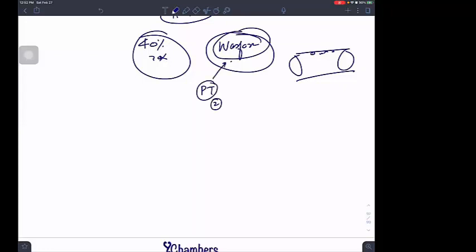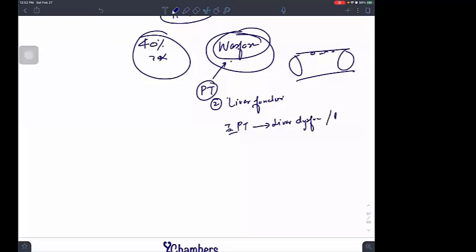Second use of PT can be written like this. If you want to see someone's liver function, you have to check the liver function. So what you will do, you will write a PT as an investigation. In the PT, you will check if the PT is increased or not. If PT is increased, it will tell me there is a liver dysfunction or liver disease.